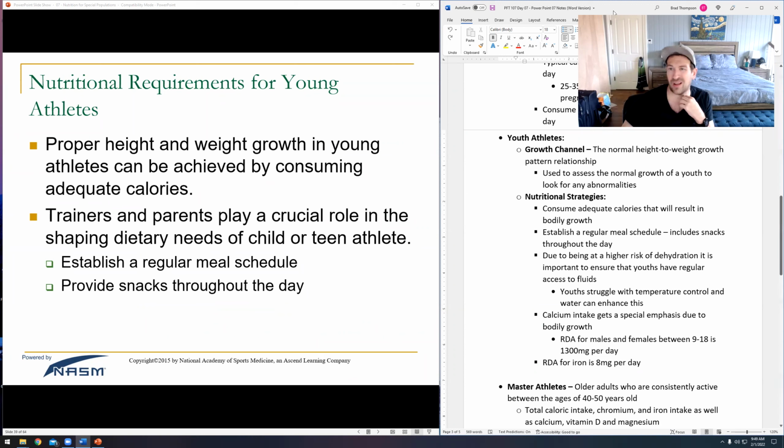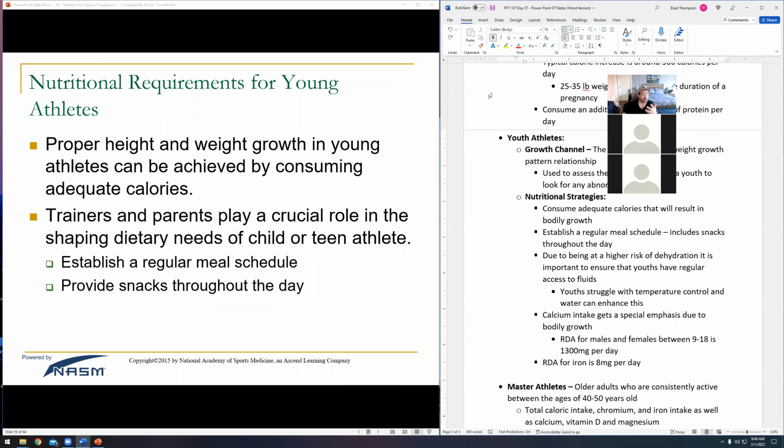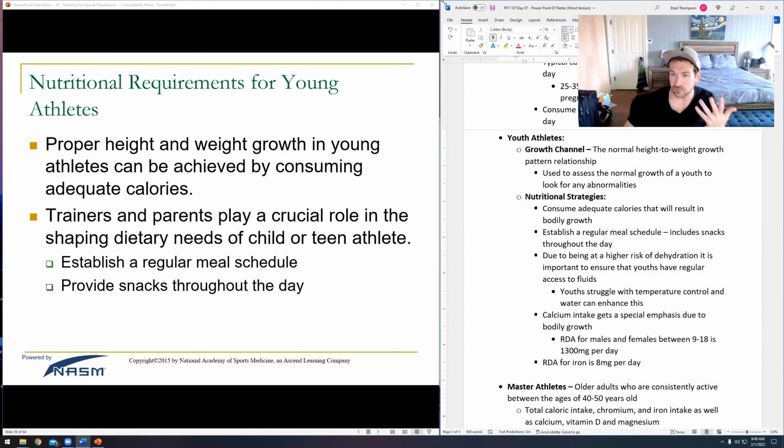We're not going to pay attention to this as much as doctors are. This is where we start to get into medical information. They are going to pay attention to height and weight growth, and if a youth is expected to grow X number of inches per year and they don't, then a doctor is going to say, hey, we might look at calcium intake and maybe increase that, and then look at physical activity and try to increase that to ensure that growth is going to happen properly, right?